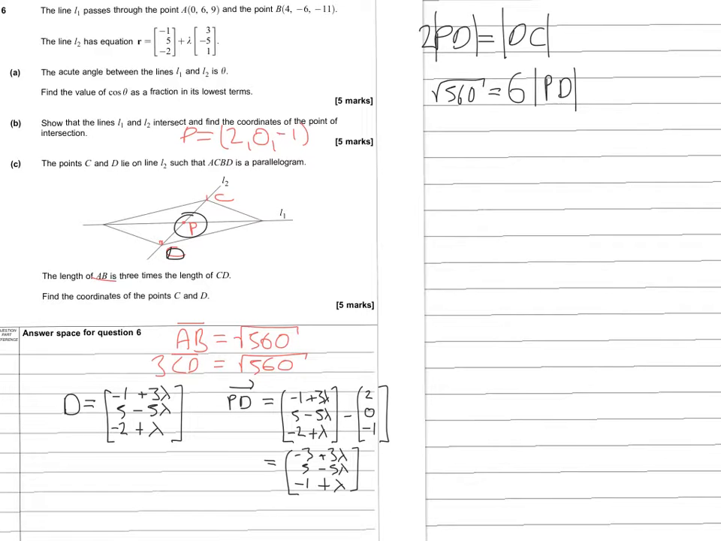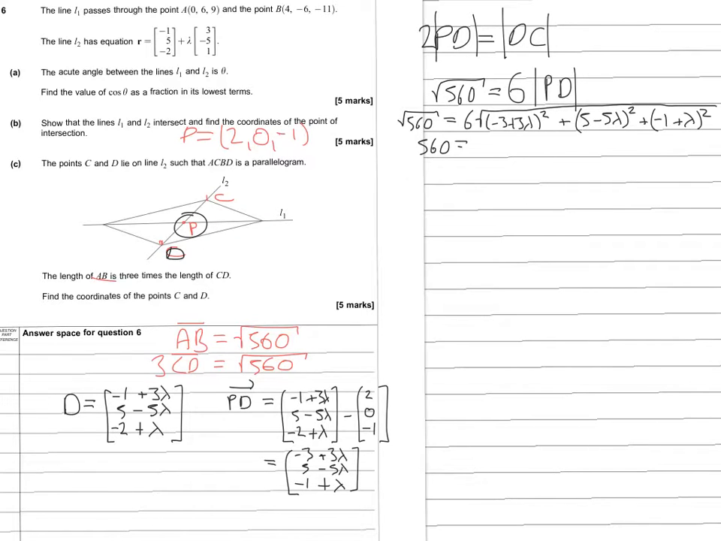So, root 560 equals 6 lots of the square root of PD: (-3 + 3λ) squared plus (5 - 5λ) squared plus (-1 + λ) squared. Okay, I'm going to square both sides, so that gives me